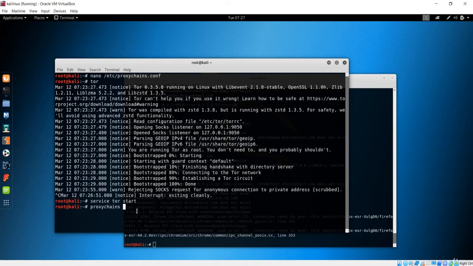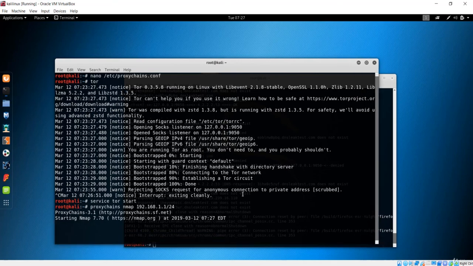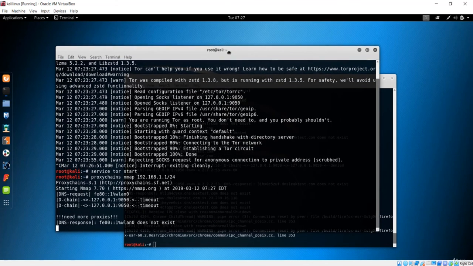So I'll just say I want nmap to run, and it has to scan the ports. So it should be 192.168.1.1/24, where the subnet 24 denotes that I want from 1 to 254 of this network. So let me just hit enter, and let's see if this works or not. Let me go over here and see the working of nmap.